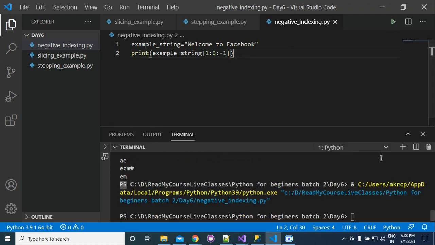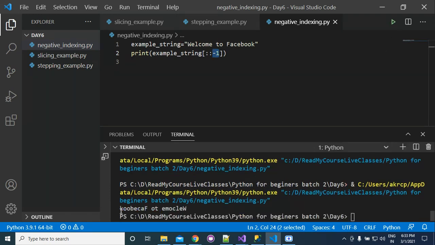Now what will happen? You are getting nothing in this case. So what's the reason for this? Before going to that, suppose I am not giving you anything. We are passing just the start value as 0, the stop value up to the end, and the stepping size we are passing here is -1.